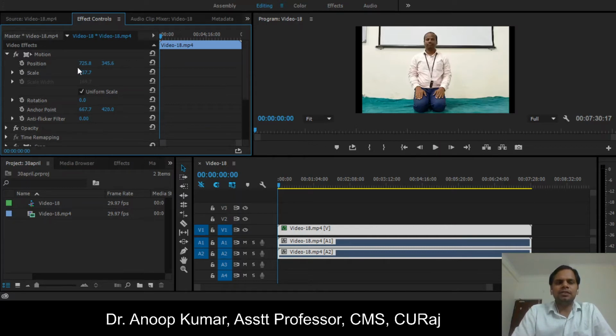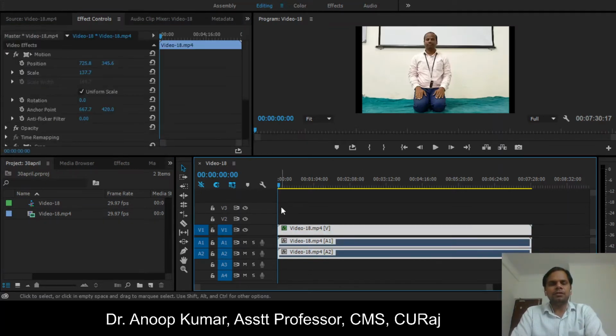With the position and scale value, we can fine tune our footage, and once we get the desired result, we can finalize it. So now I have changed the position and the scale, and I'm okay with the footage. So this is how we apply the cropping effect. Okay, in coming classes I'll